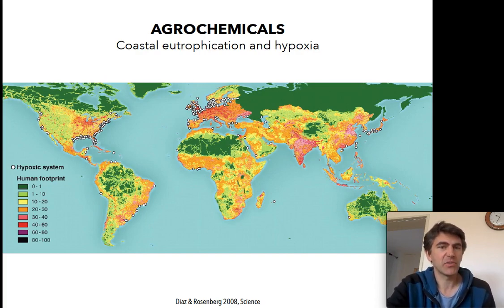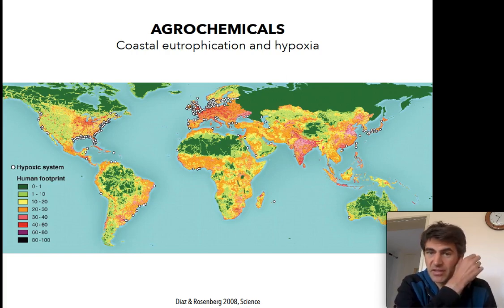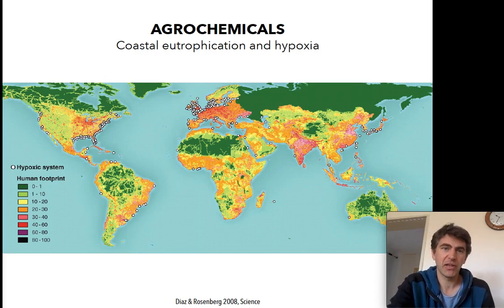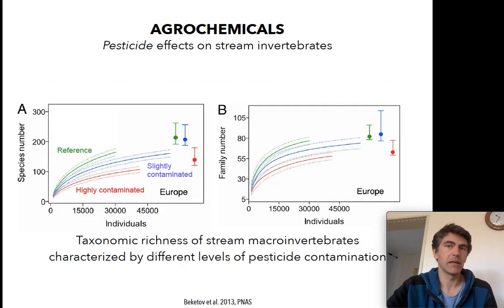So aquatic systems are also negatively affected through high nutrient loading, causing eutrophication, and in some extreme cases hypoxia, where the environment essentially tips into a different kind of not very livable state for many different species. So aquatic systems can also very much be affected, in rivers, lakes, and in the oceans, actually, by agrochemicals.